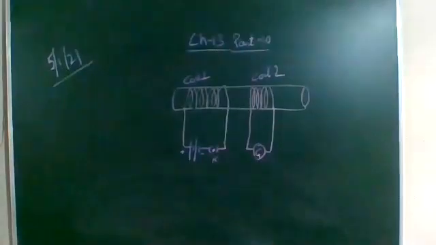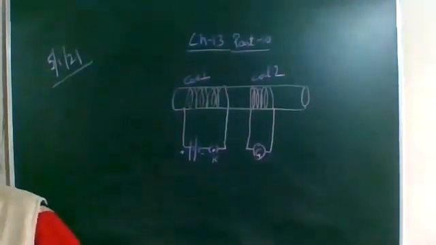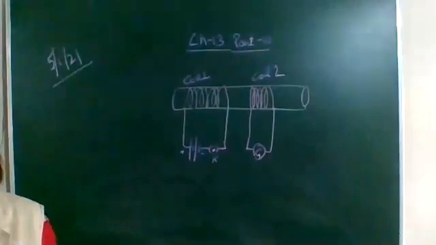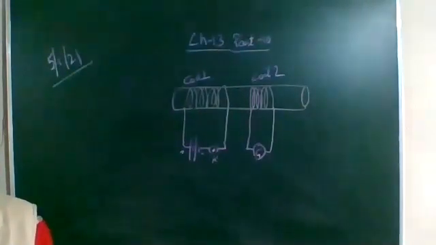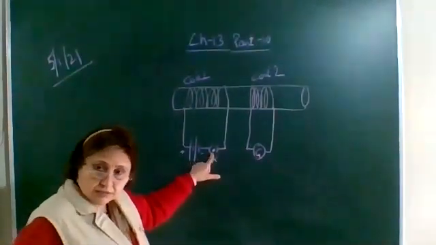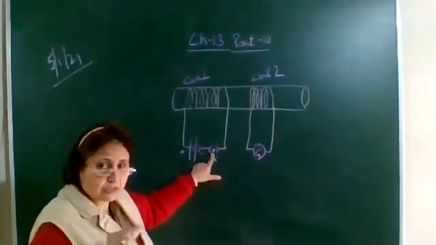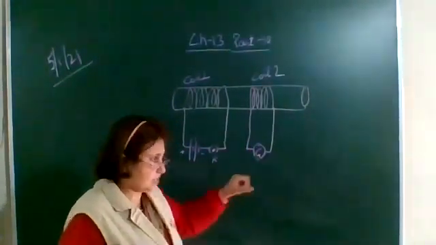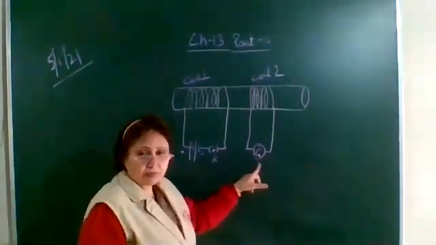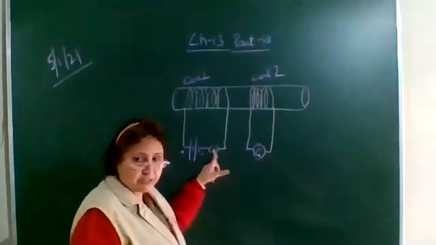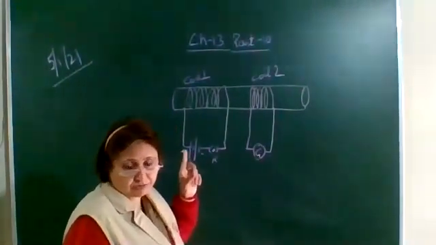Now the explanation given over here in the book. In this activity, we observe that as soon as the current in coil 1 reaches either a steady value or 0, the galvanometer in coil 2 shows no deflection. So when the key is kept inserted, as soon as you insert it, only at that moment the galvanometer will show a deflection. So the galvanometer shows a momentary deflection.